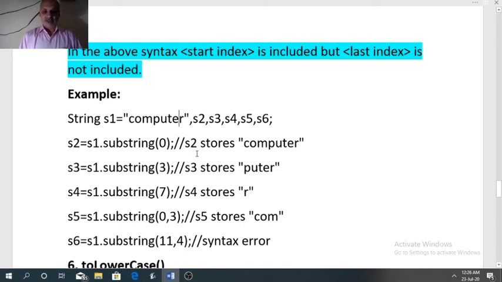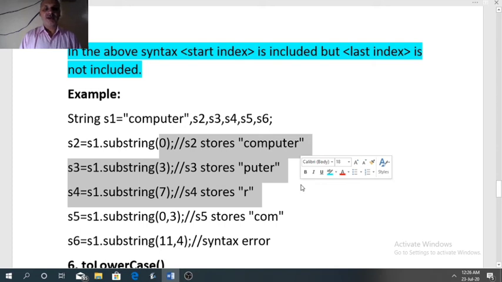So this function will extract all the characters of the string starting from index number 7, that is R. After R it will not find any other character. So the function will store only R in double quotes because the function returns a string value.